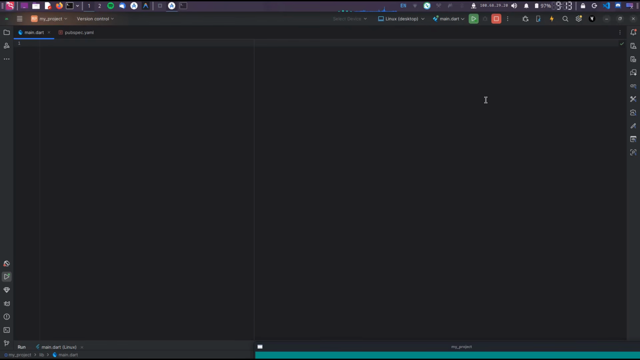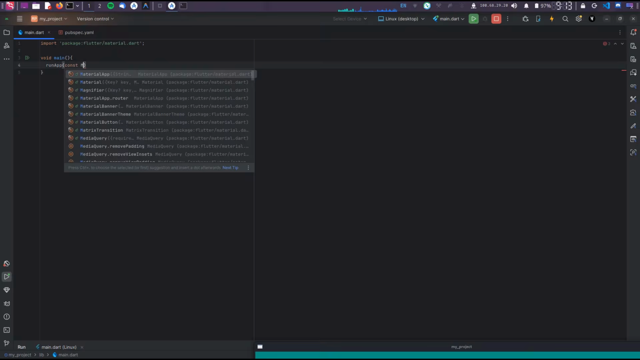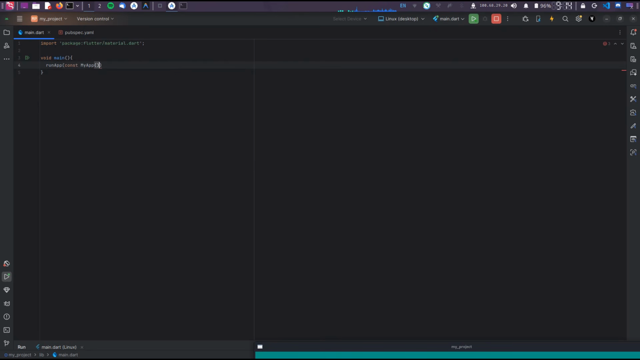Okay, let's start from scratch. We'll import our material start, then we'll create our main function, and inside our main function, we'll run our app. We'll run a const MyApp, and inside MyApp, this will be a stateless widget, MyApp, and instead of returning a placeholder, we'll actually return another widget. So we'll return something called,